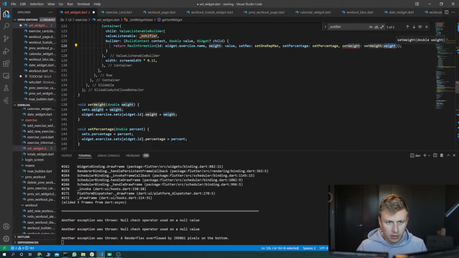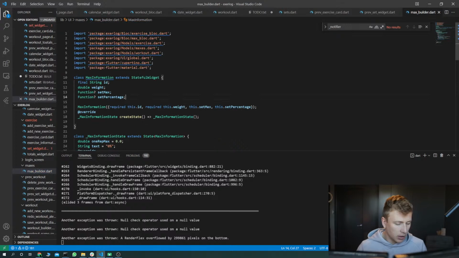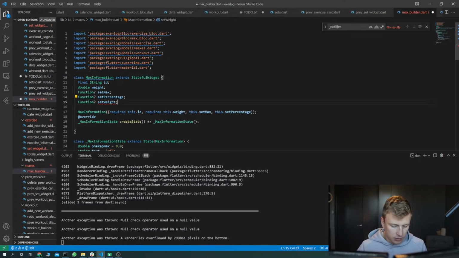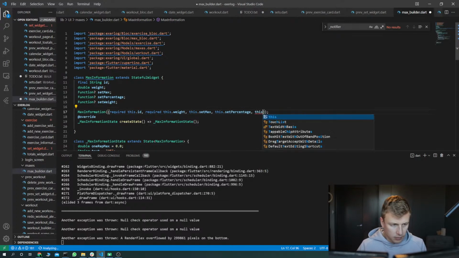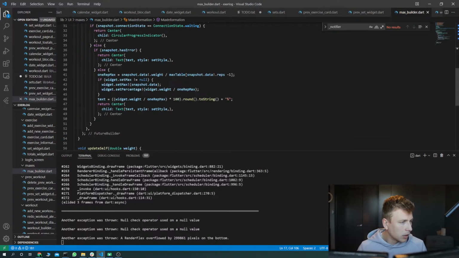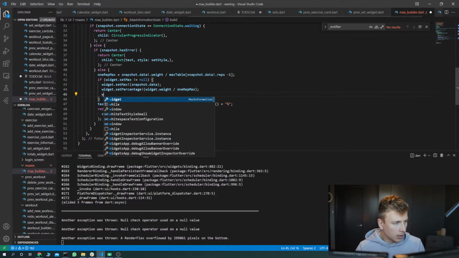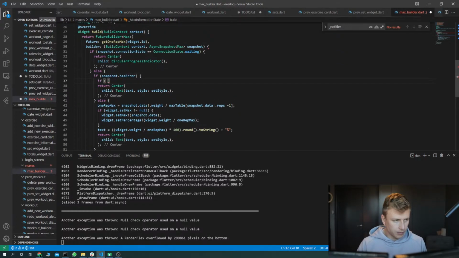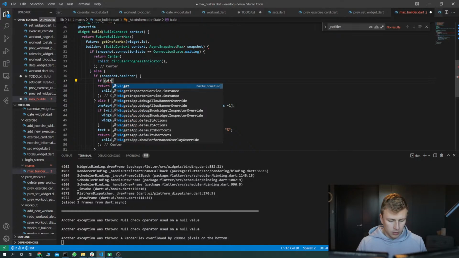Set max builder function set weight. Okay. If widget dot